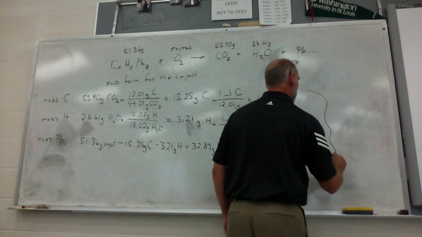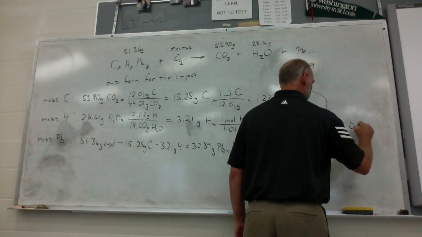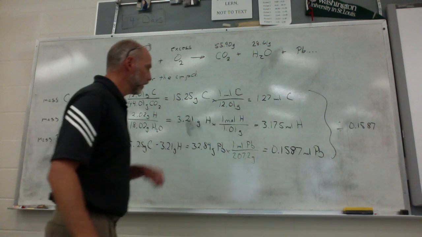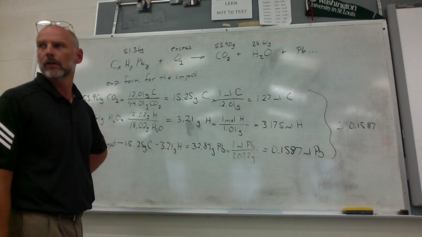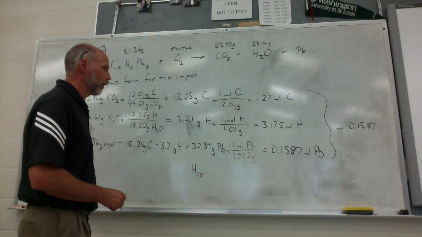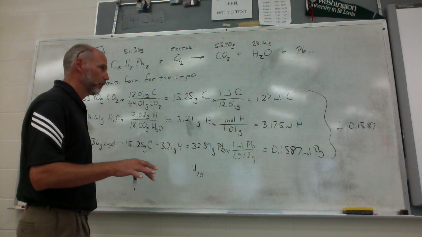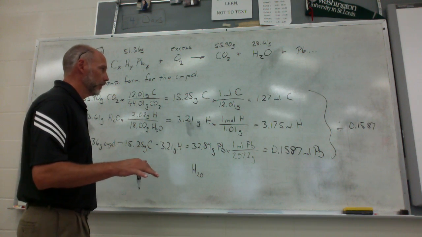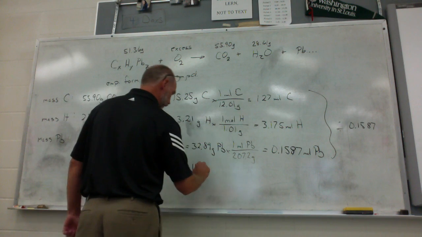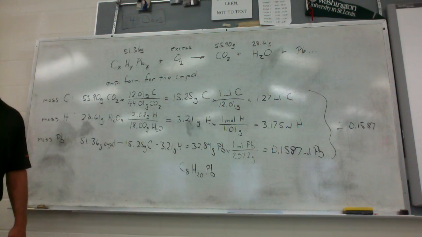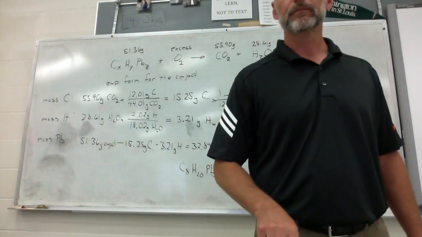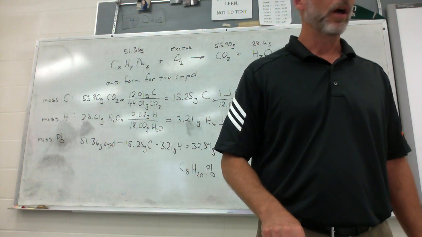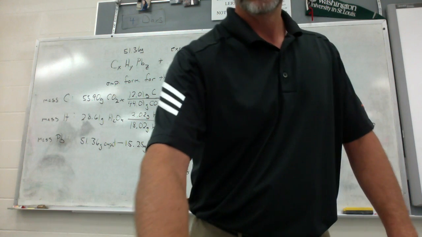Divide by the smallest. 1.57. 15, 20. So H is around 20. Carbon's around, that's going to be 8-ish. 8. And obviously the lead is 1. Everyone hunky-dory on that? Felt pretty good with that? Okay. Combustion analysis is about all we really need to do. How much time do I have? 2 minutes. Maybe. 1 minute. Like 1 minute. Oh, that's it? Okay, tomorrow we're going to do